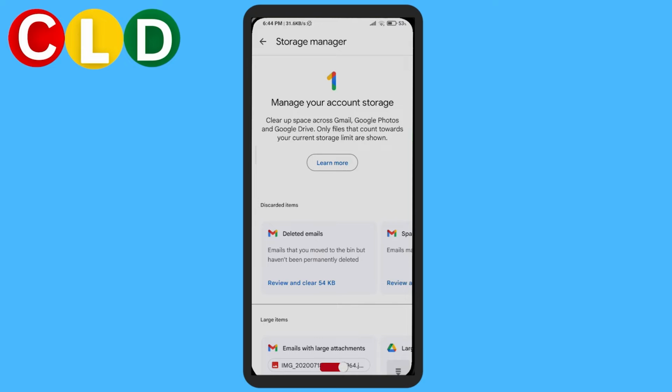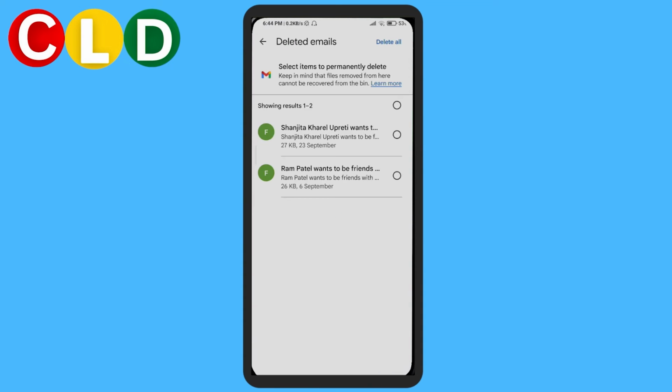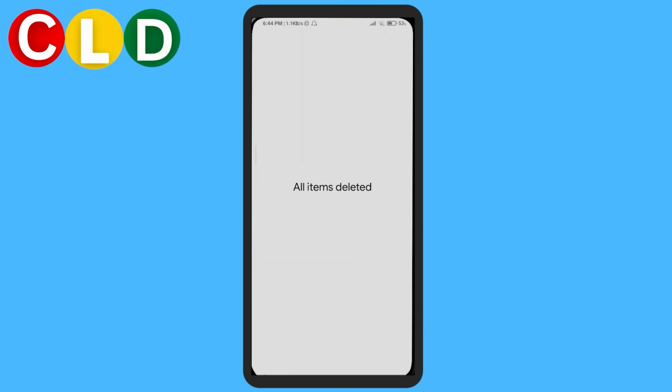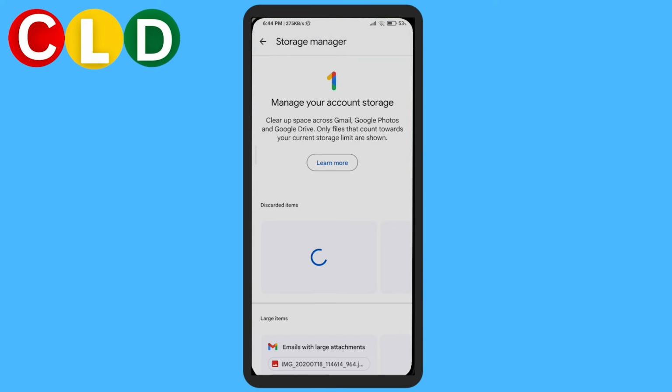So you can see that there are different categories. You can see deleted emails that I have moved to the bin but I haven't permanently deleted, and spam emails, different deleted files. So if I press here, I can just review this, and then if I want to delete all of it, I can press permanently delete. So press I understand right here and then press permanently delete, and you can delete it all at once in